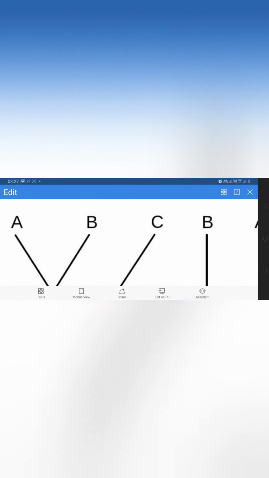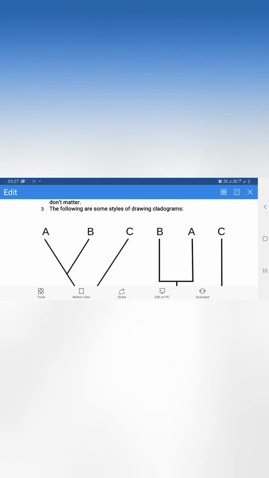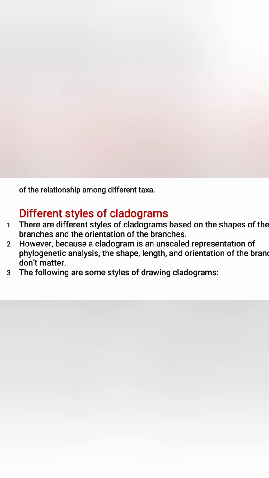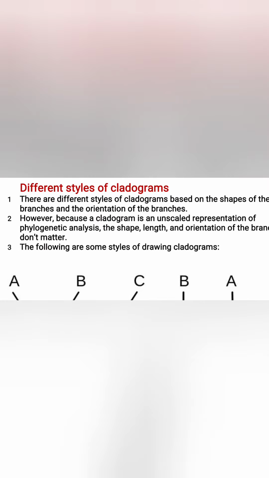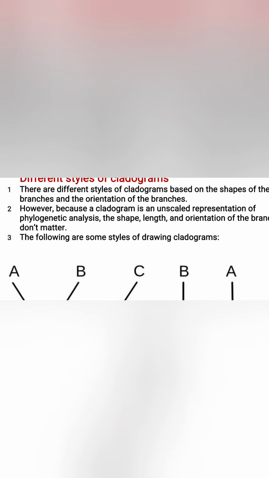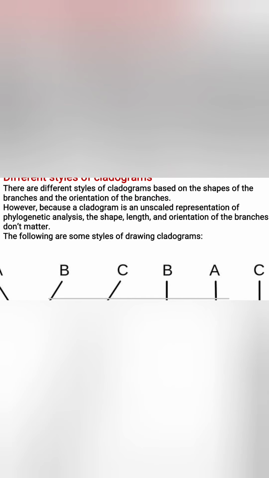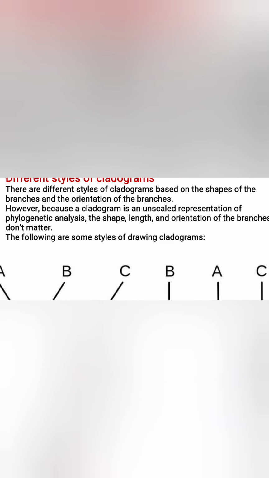Then next is shape, the different styles and shapes of the cladogram. There are different styles of the cladogram based on the shapes of the branching and the orientation of the branching. However, because the cladogram is an unscaled representation of phylogenetic analysis, the shape, length and orientation of the branching don't matter. Again, I am repeating here,